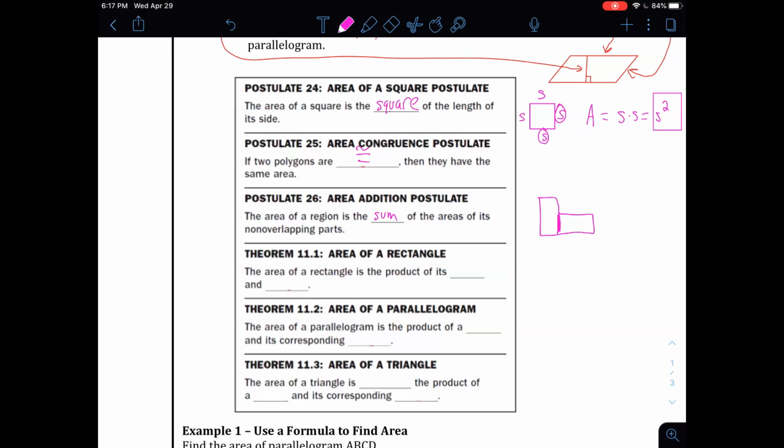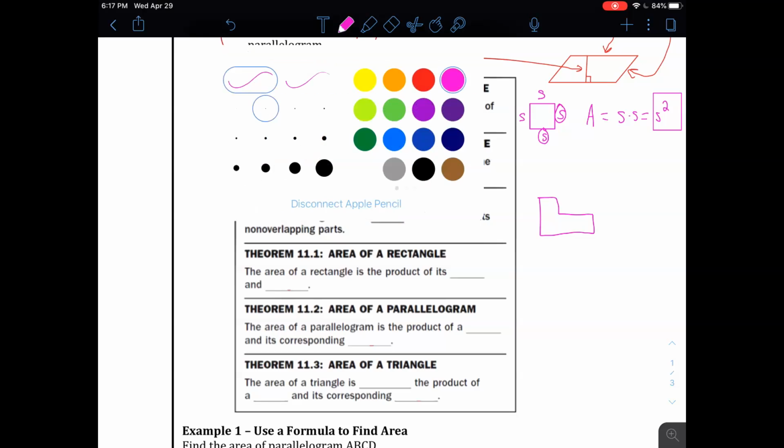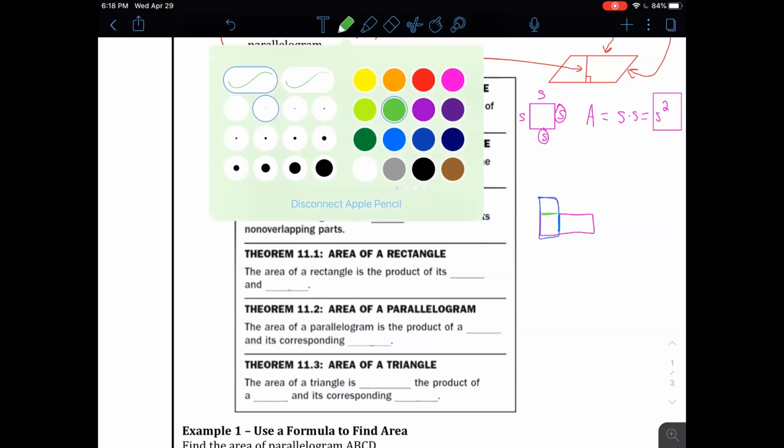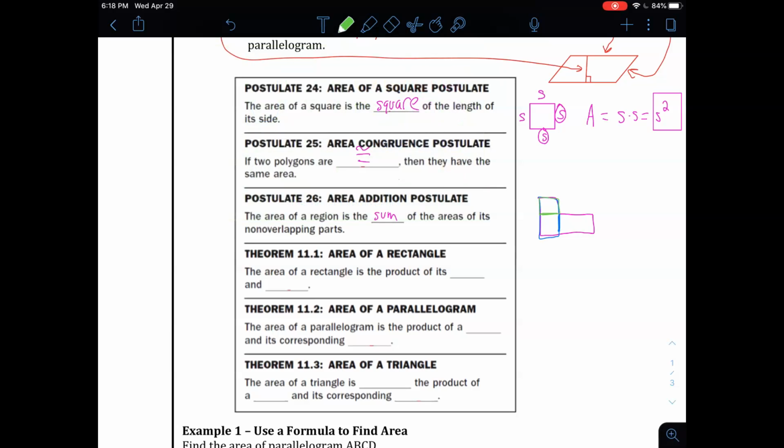I'm going to use two different colors here. We can go like this, or we can go like this. Okay, so basically if we did that, or like that. Okay, so area addition postulate just says if you have two shapes that are overlapping or are kind of a weird shape,